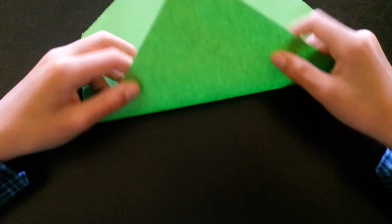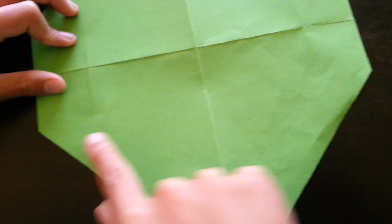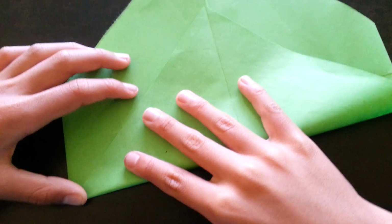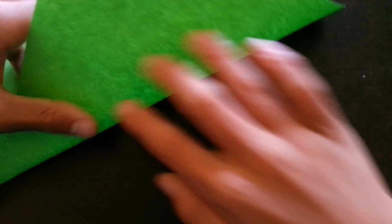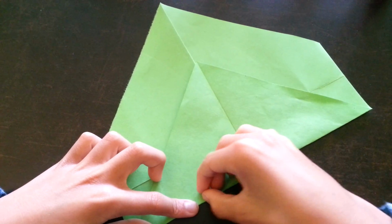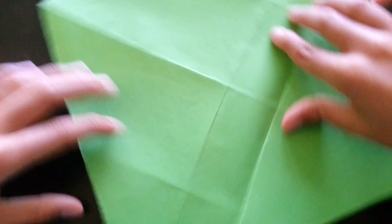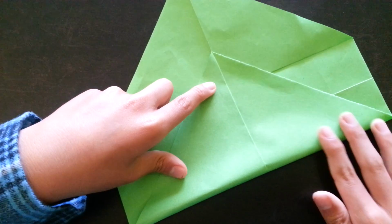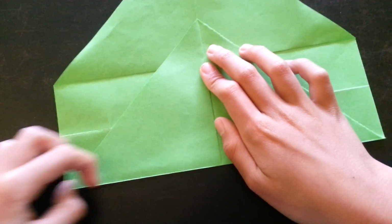And now you're going to fold this flap up on these 2 points here. See this point? And at this point, you're going to make a valley fold that connects these 2 points together. So, what we're doing is something like this. Fold this flap up on this point, and this point. Something like this. Okay. Unfold it and repeat on this side. Okay, unfold it,